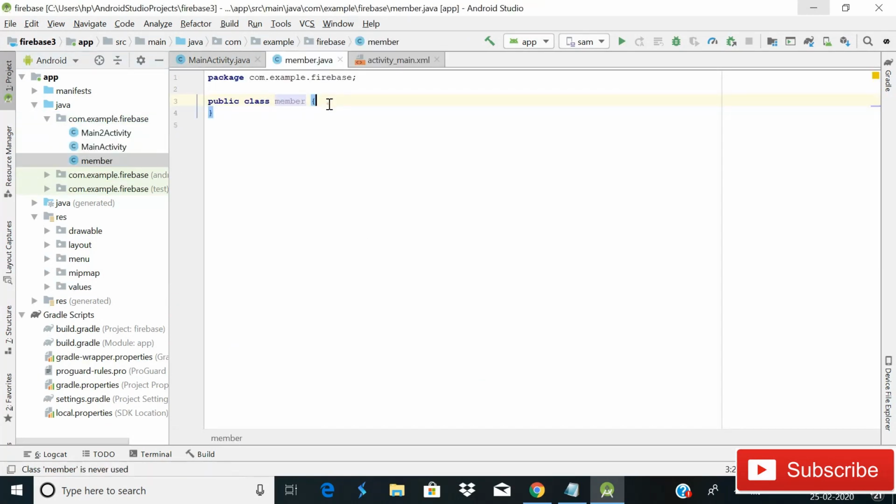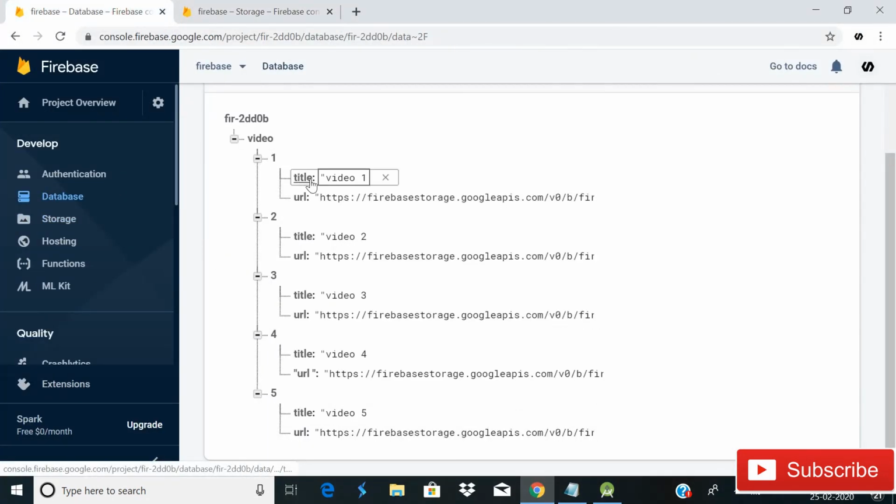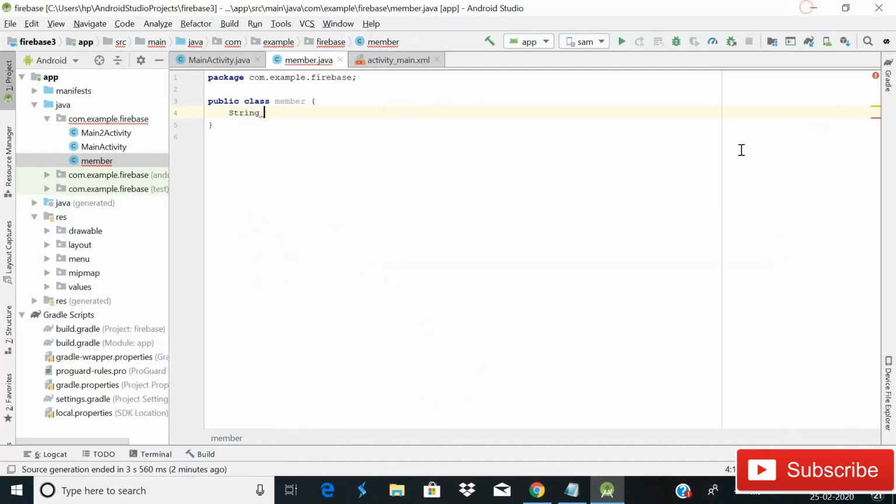Now we have to write some strings, the same strings that we have given in our real-time database. As you can see, we have used two strings, title and URL. Write the same strings in the Android app. Don't change any spelling, because if you change the spelling it will create a problem and videos will not be retrieved. The writing should be the same as we have written in our real-time database.